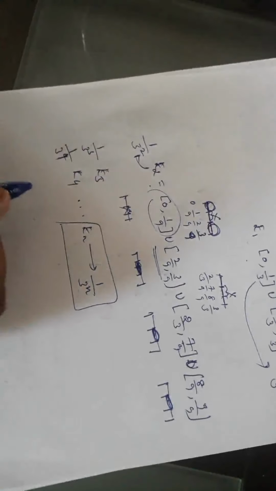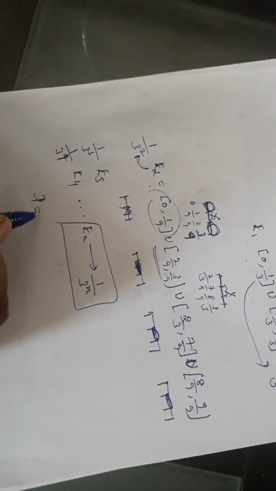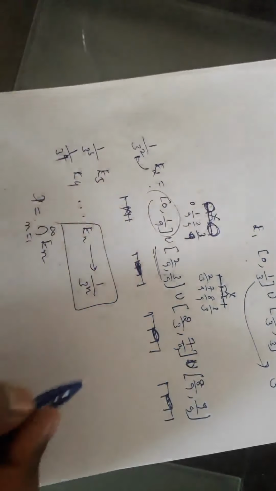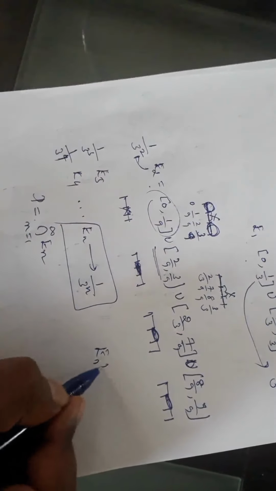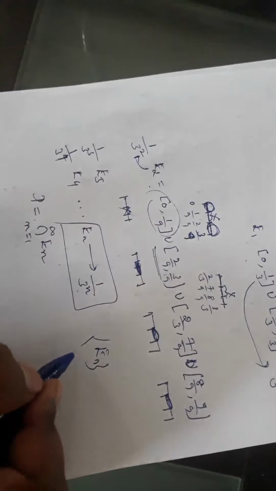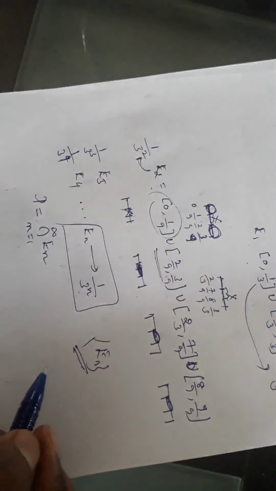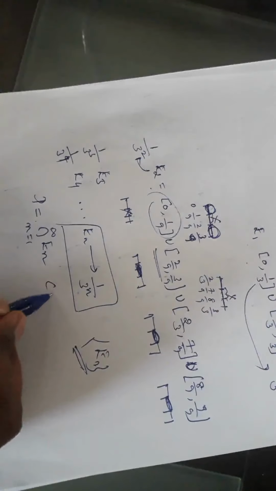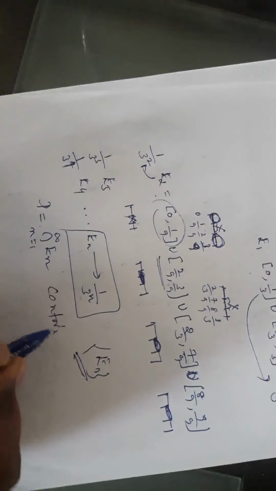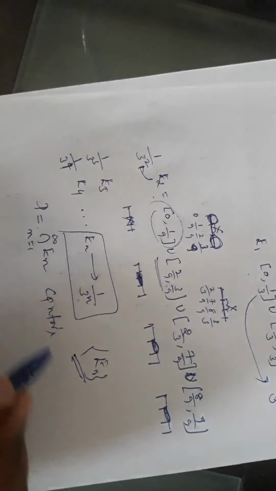Then Cantor said, take the intersection of all such things. The sequence you consider, E1, E2, etc. You think about the sequence and take the intersection of all those sets. Then that is called the Cantor set, P.